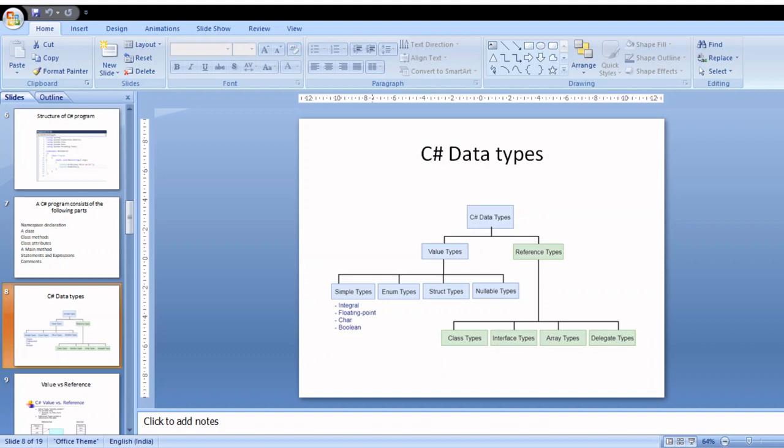The third category of types is called pointers. It is available for use only in unsafe code. For that purpose, only value and reference types are used. The further classification of value types are simple types, which consists of integral type